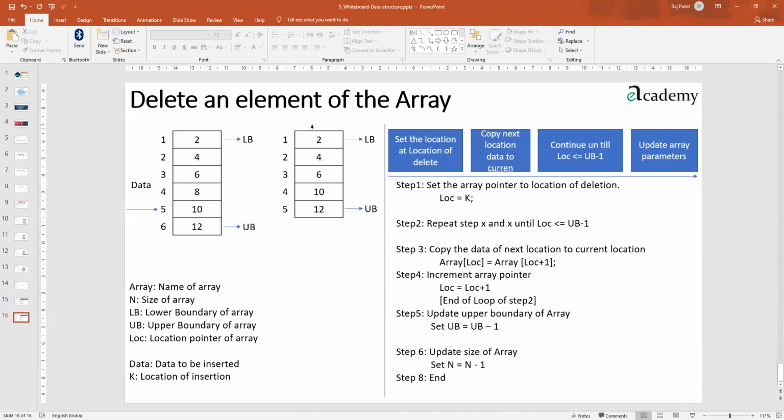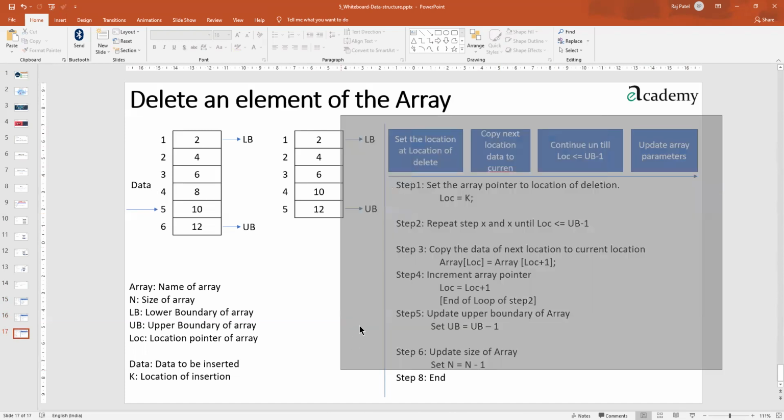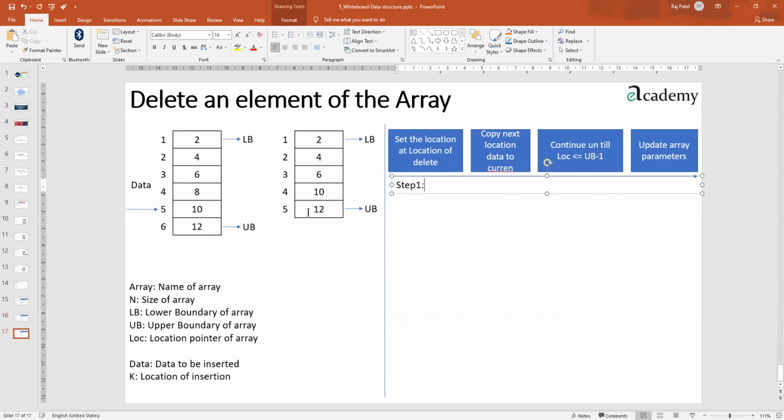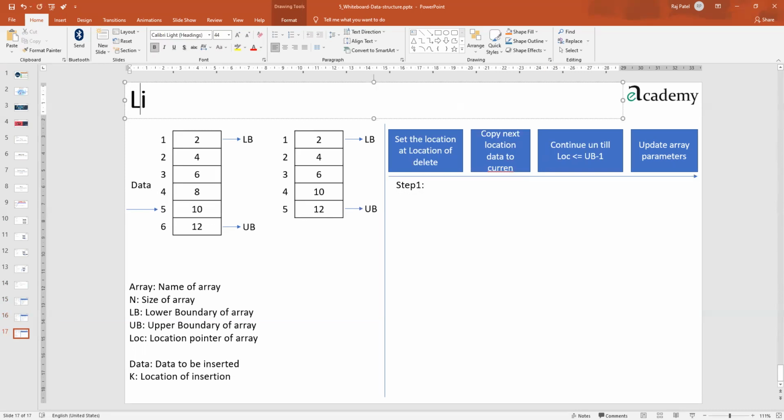Now that was the deletion part. We have a few more topics to be covered, but you can try to find them on your own. For example, you may try this topic. I have duplicated this slide currently and am editing these things. Yeah, linear search